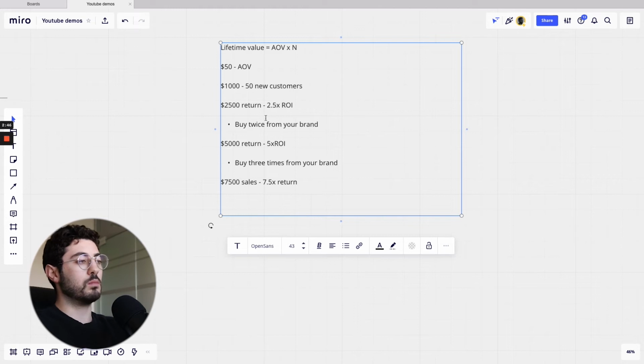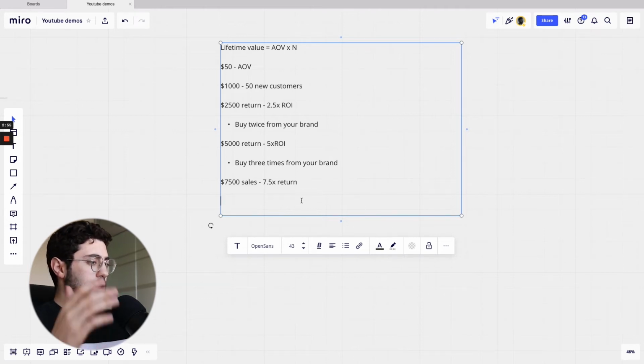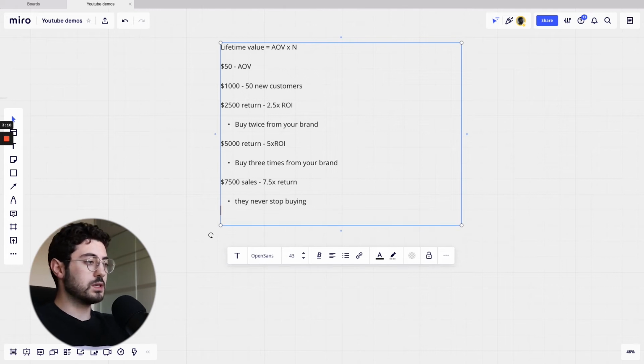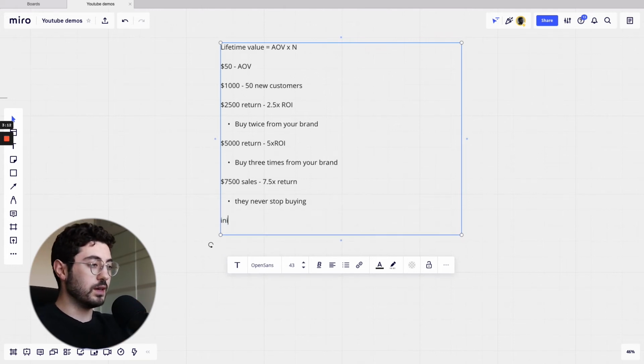But depending on the number of times they've bought, we've had significantly different results in ROI on our advertising or customer acquisition efforts. So to take this even further and to give you just a limit case, if we hypothetically say that once they start buying from you, they never stop buying. Let's say you're able to produce a product where once people start buying, they never stop buying. You can see here that the limit case becomes that you have an infinite return on customer acquisition. And why is this so important?